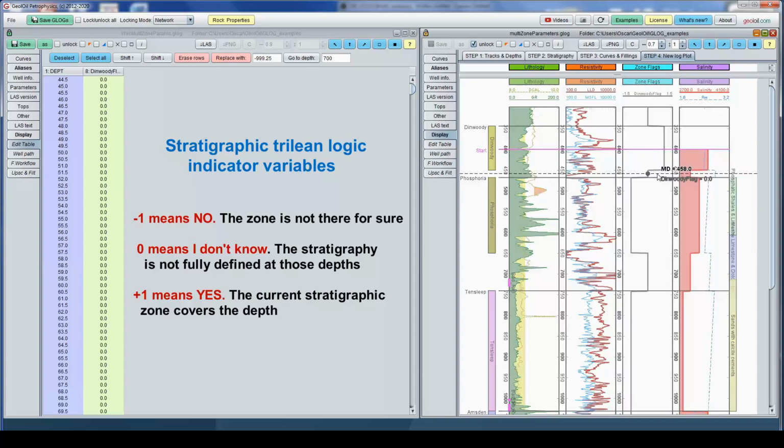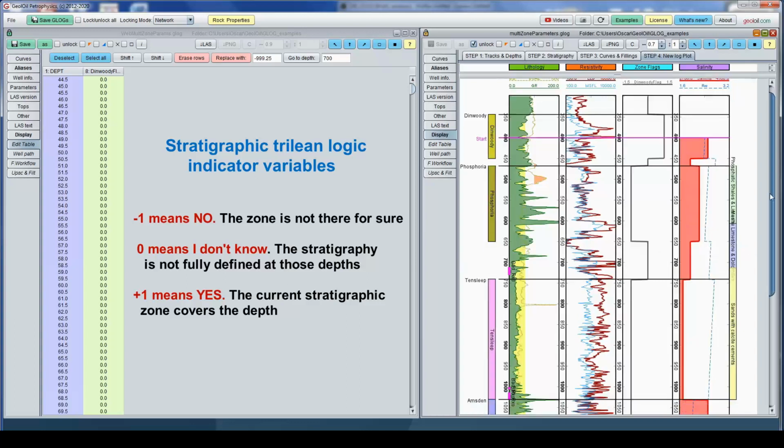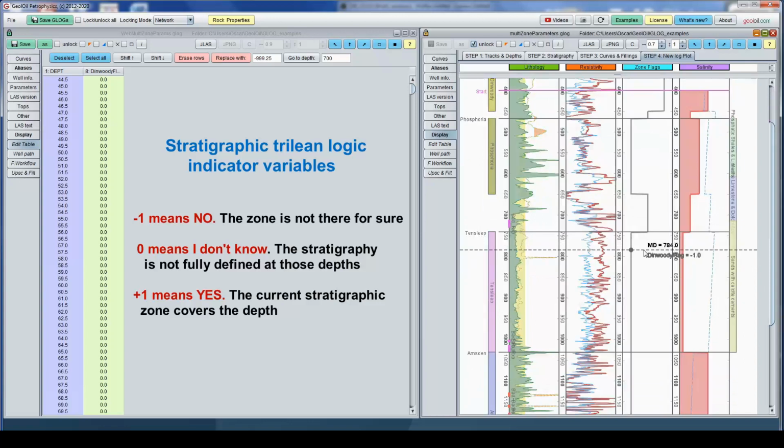We do not know what that is. Then minus 1 because we're in Phosphoria, and if we're in Phosphoria, we have the knowledge that we are not in Dinwoody. Then it goes to 0. This blank, this gap, is a 0. We do not know. The stratigraphy is incomplete there. And after that, we have minus 1.